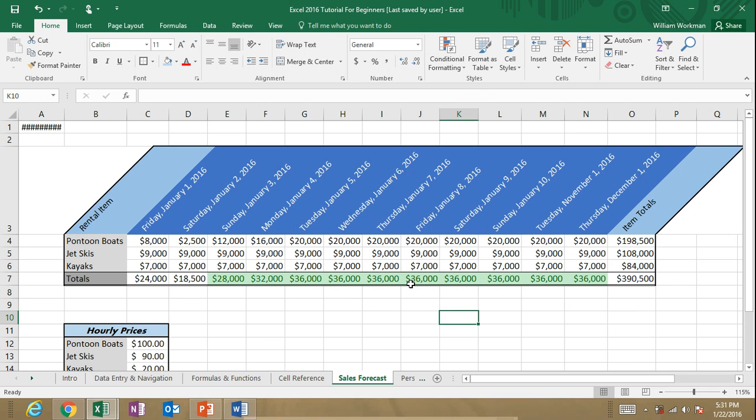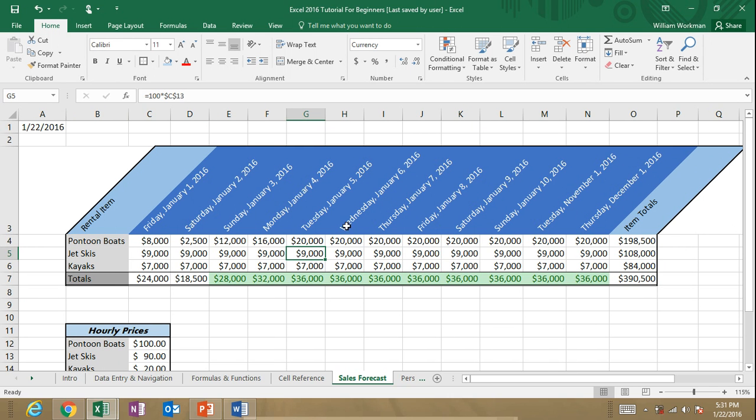Okay. Now what I'm going to move on to is charts. Basically what charts do is they put your data into an easy to read and understand image. So charts, we have our worksheet here. And what Excel came out with in 2013 was recommended charts. So all I've got to do is click on